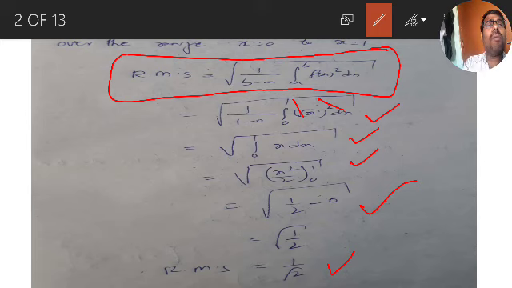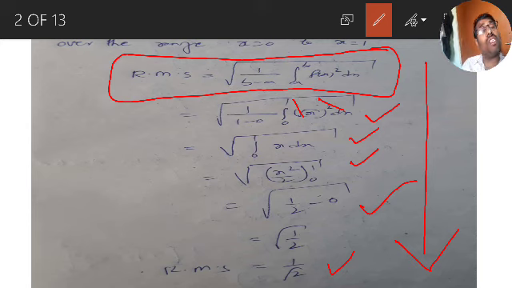So, in the total problem you can see that from the first step onwards, everything is under the square root. In each step there is a square root. If you think that writing a square root in every step is a problem, then remove it. Just take 1 by b minus a integration a to b f of x square dx, and calculate that. At last, write RMS is equal to square root of 1 by b minus a integration a to b f of x square dx, and then put the square root in the last step. That you can also consider.